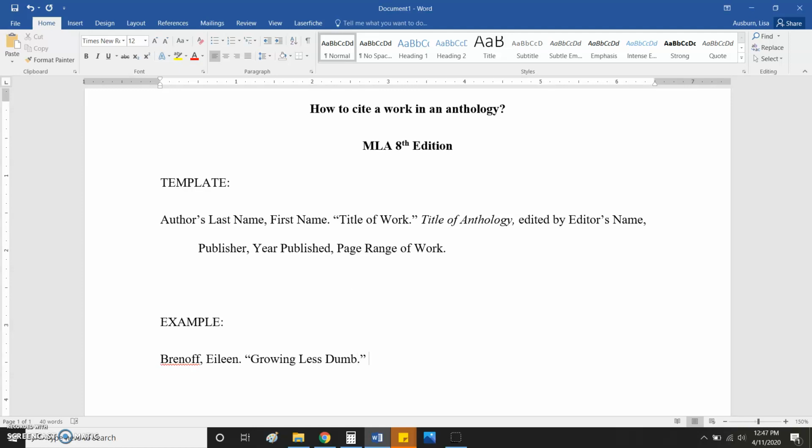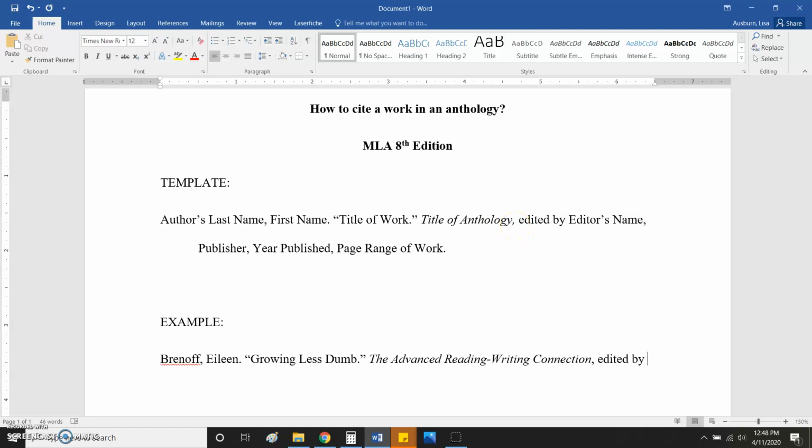Now I need to write the title of the anthology, but I need to make sure that I write this in italics. You'll notice that that's the font style that I'm using here. And so I'm turning on my italics, and the title of our anthology, or our whole entire textbook, is the Advanced Reading-Writing Connection. All right, now I want to turn off my italics so that I don't put any other content in italics. There's a comma that follows the title of my anthology. I do need the phrase edited by,